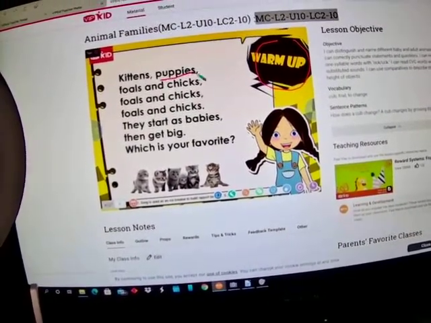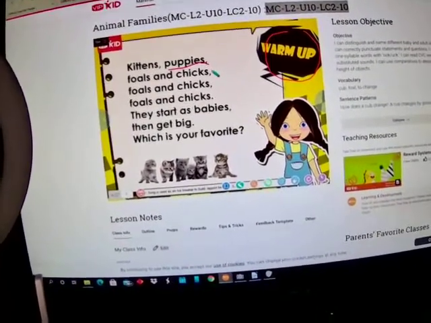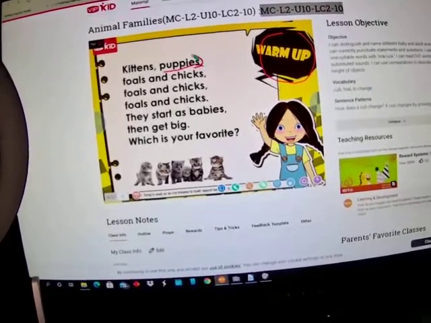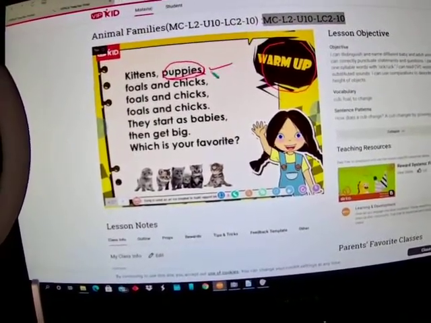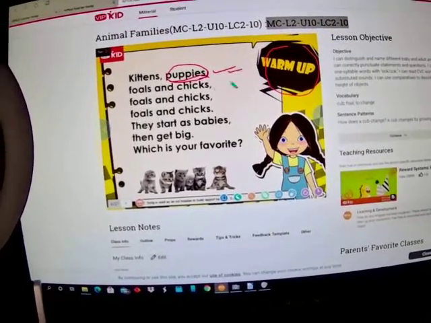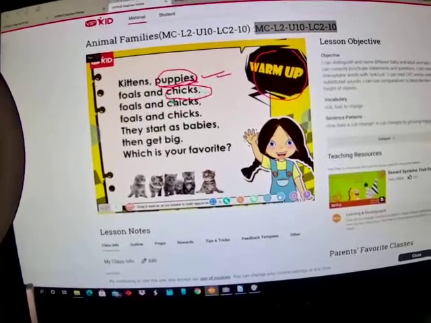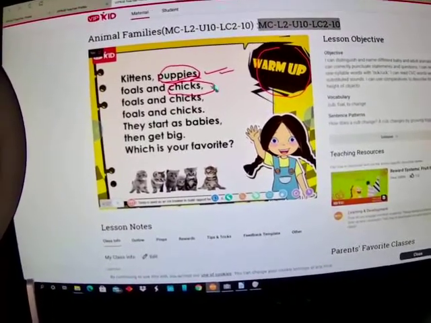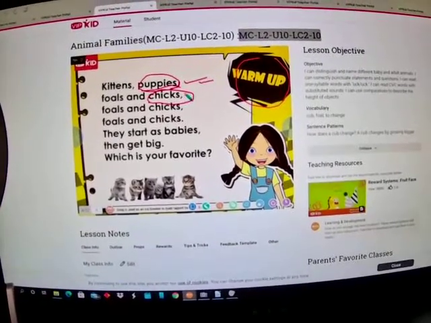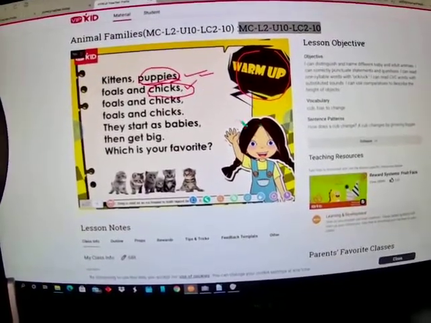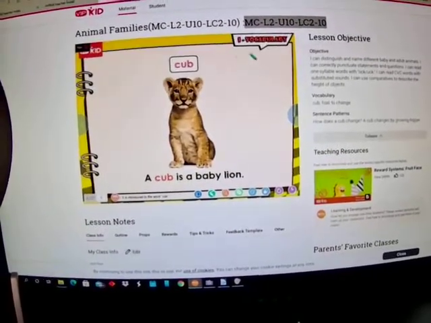Like if they have a hard time saying puppies, you say puppies. You give them 1 time or 2 times. You do not drag it on. If they don't get it right after the second time, move on. But just say good job, well done, very good effort or something like that. But you have to move on, because if you drag this on and on, you're never going to finish your slide, okay? But as long as you attempted to correct it, that's quite okay. And so we move on.